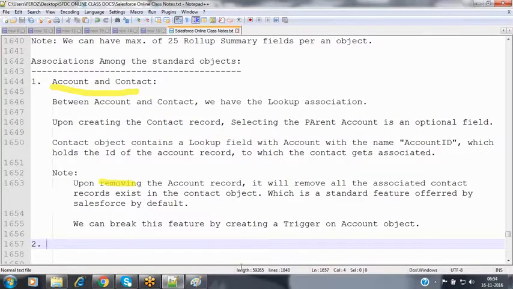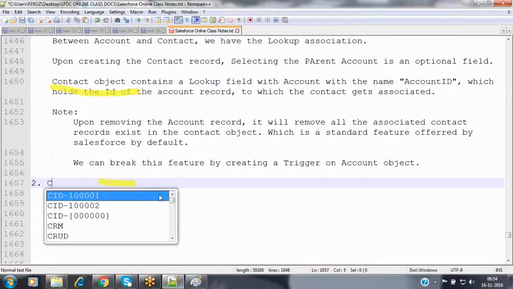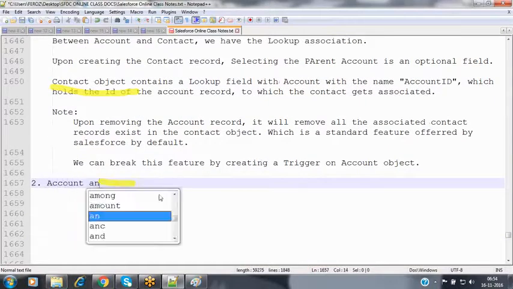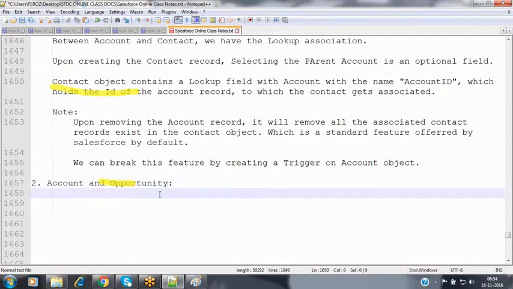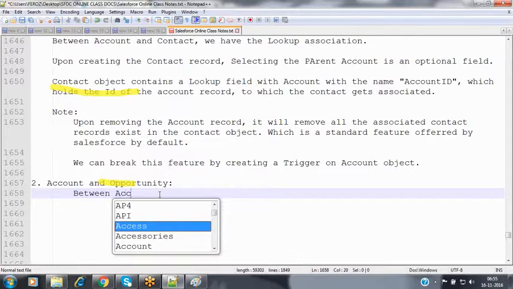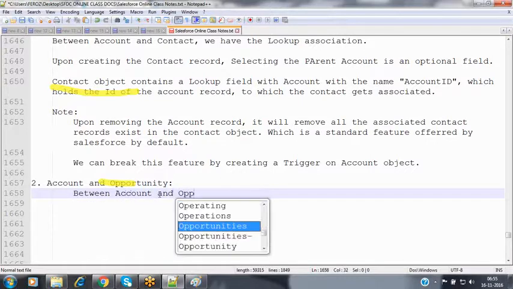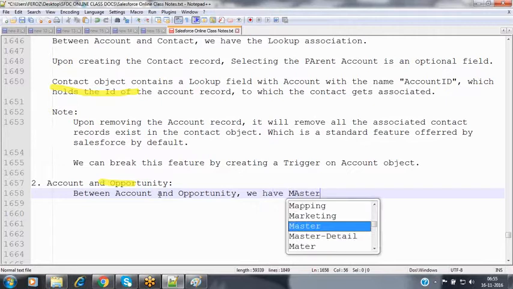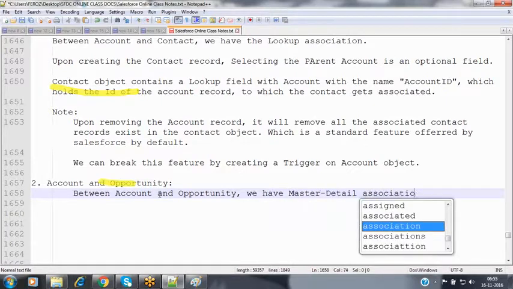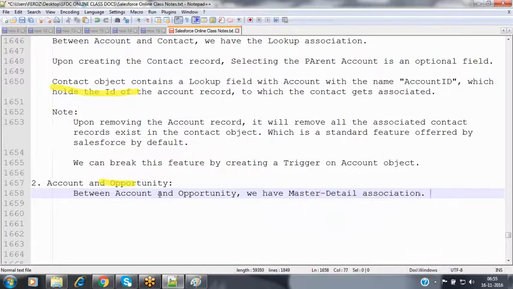Now, the second one, account and opportunity. Between account and opportunity, you are already aware that we have a master-detail association. Because of that, we can create the roll-up summary field on that.